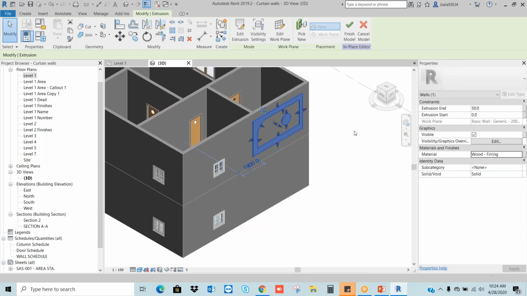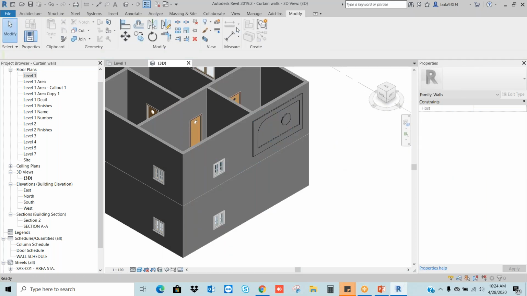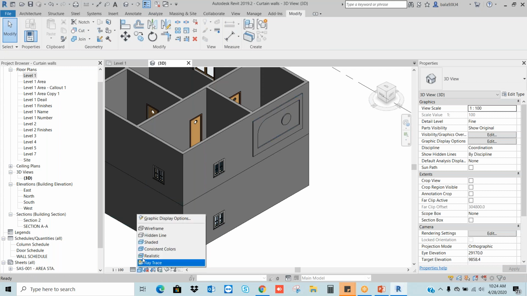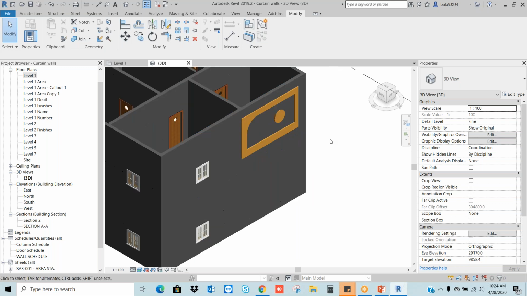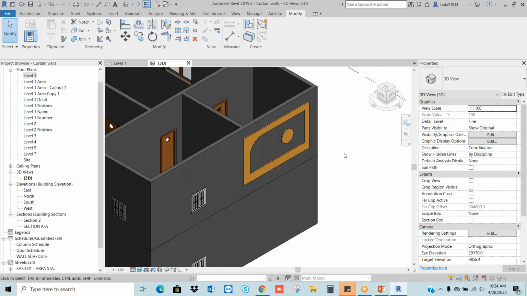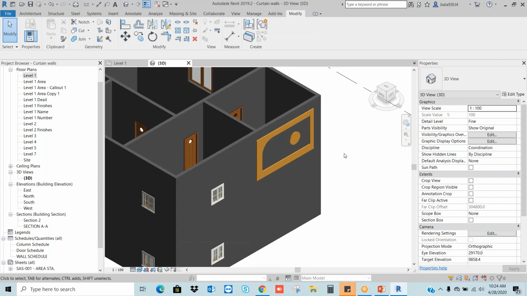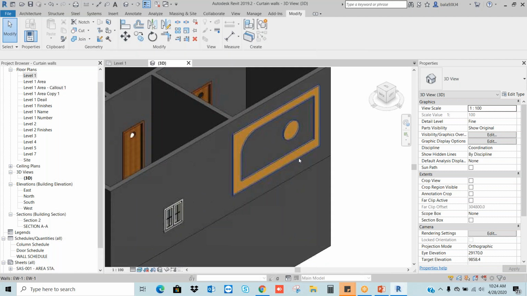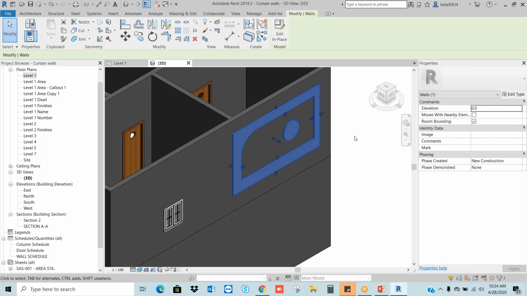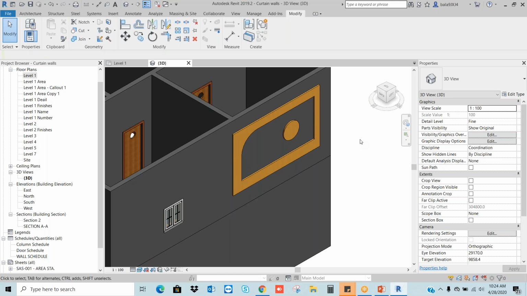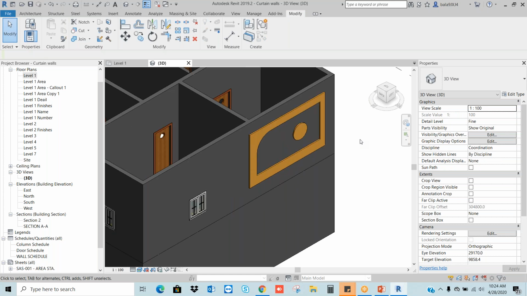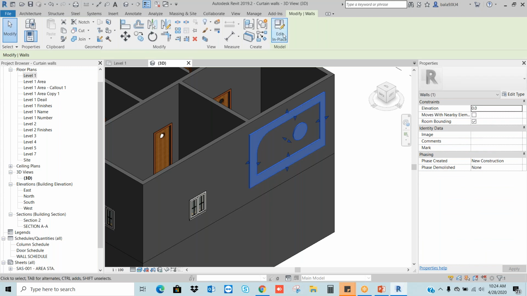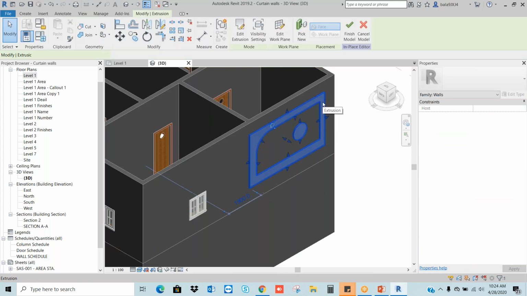Okay, finish. If you go to the realistic color, you will get the wood framing material. Right? Let's say, for example, you want to create your own material with a different color, and you have some existing photograph of this color, just go there, edit in place, select the material.